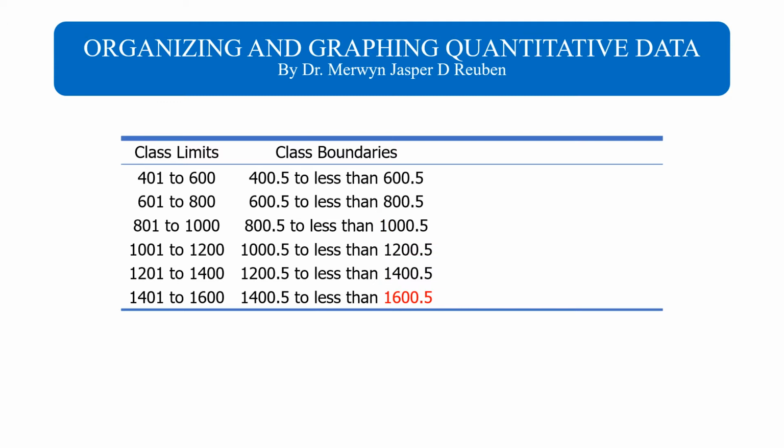The last sixth class upper boundary is written from seeing the previous values. The second class lower boundary is written from the upper boundary of the first class. We continue and write down the other class lower boundary from the upper boundaries of the previous classes. The lower boundary of the first class is written by seeing the lower boundaries of the other classes.